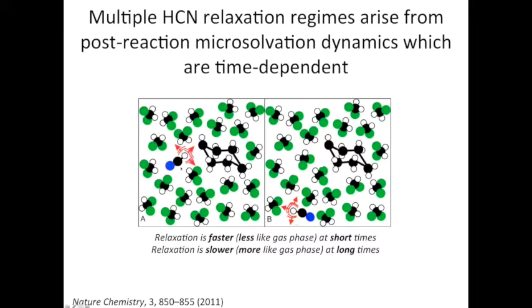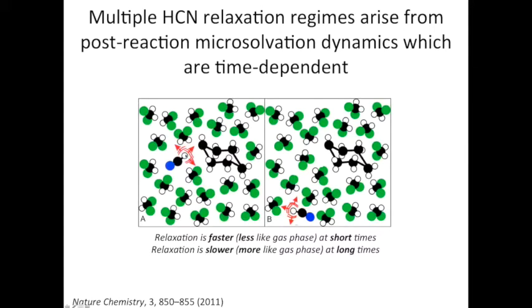And that's encapsulated by this little cartoon here. On the left-hand panel, you see HCN, and the little red arrows indicate vibrational excitation in the CH stretching motion. Okay, and this is what happens immediately after the CN plucks off that hydrogen from the cyclohexane, right? So it's vibrating like mad. And what we found was the simulations indicated that immediately following that abstraction event,